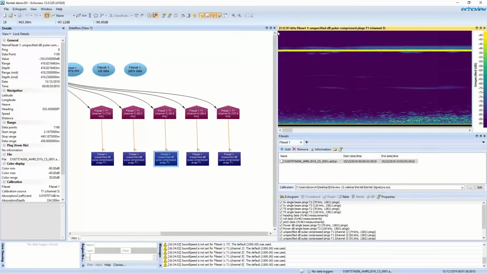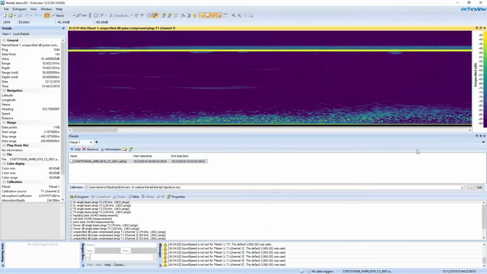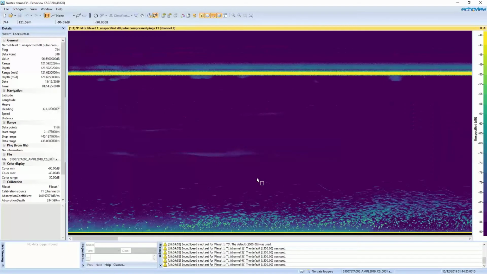So if we take a look at one of them, which is 91 kilohertz center frequency, this is the data. This was a bottom mounted system looking upwards towards the surface. So the transducer face is at the bottom of this echogram, and this is the water surface here.